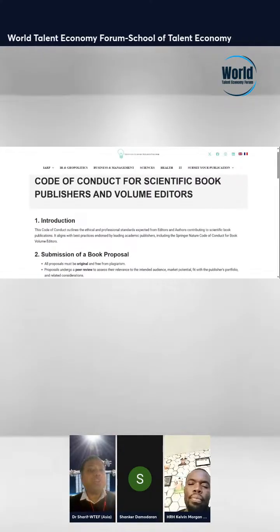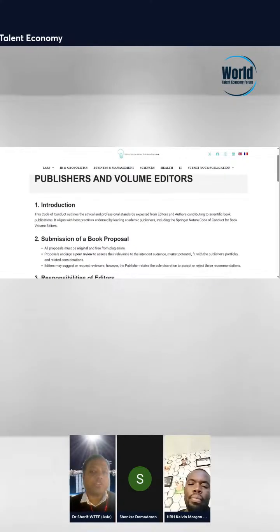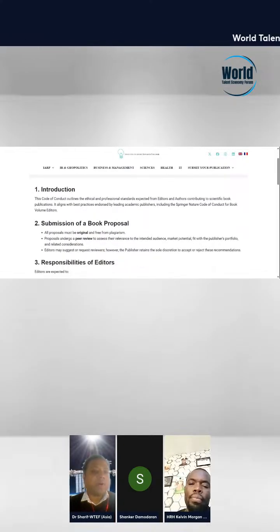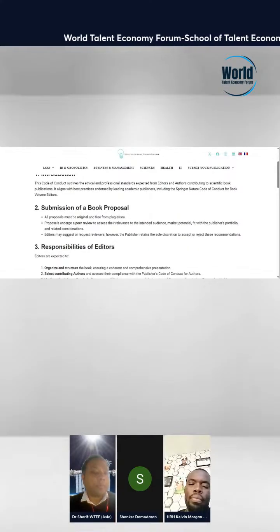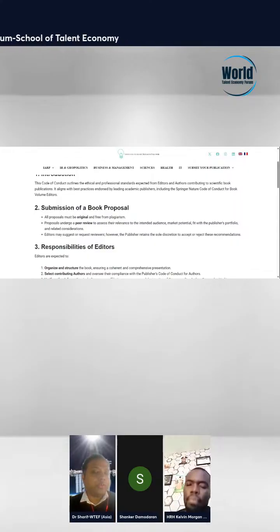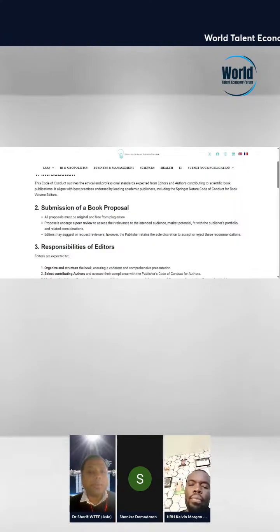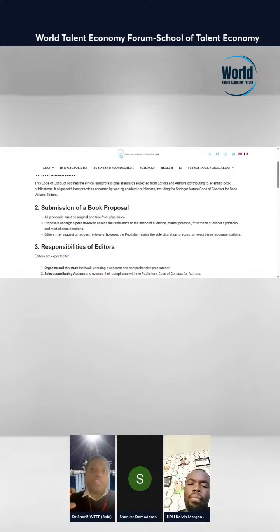So for this innovative academic research, there is a code of conduct for scientific book publications and volume editors. We have our introductions. We can go for a book proposal. Let's say from Africa, from India. Let's say Shankar, you can do your PhD with our Paris graduate schools, or Honorable King, you can finish a PhD, because through your journey, you can go for detailed research about your things. And through this process,